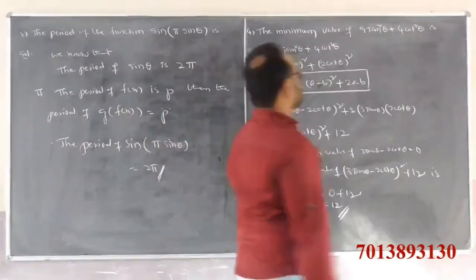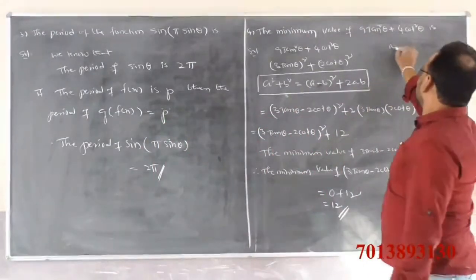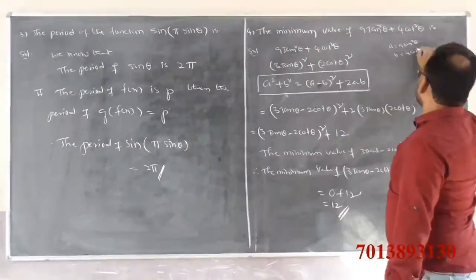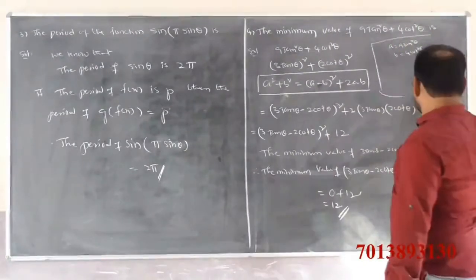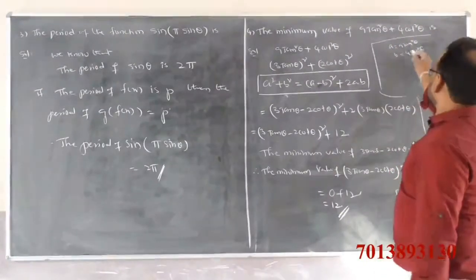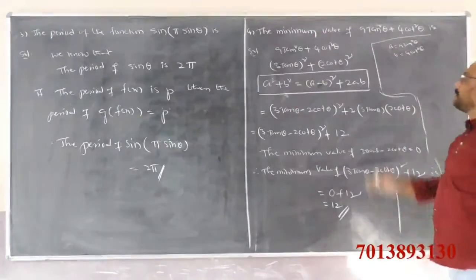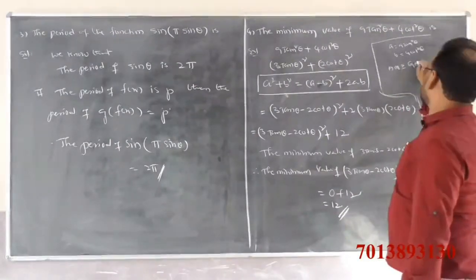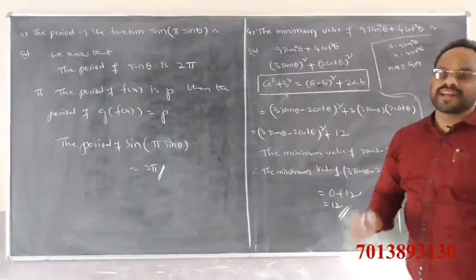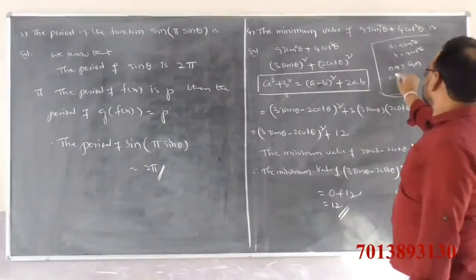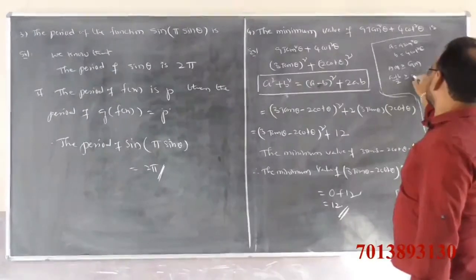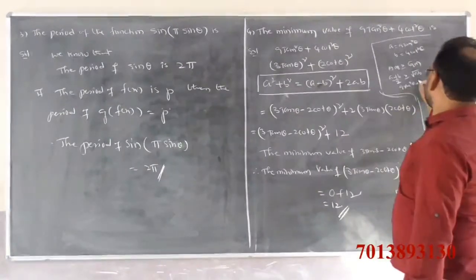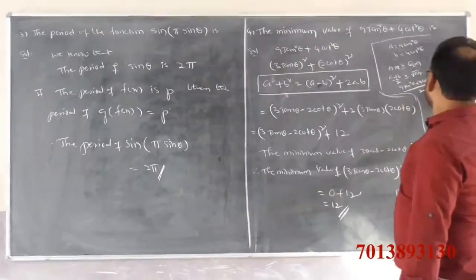Or otherwise, take a equals 9 tan square theta and b equals 4 cot square theta. Already we know that the arithmetic mean is greater than or equal to the geometric mean. Arithmetic mean means a plus b by 2, which is clearly greater than or equal to the square root of ab. That is, 9 tan square theta plus 4 cot square theta by 2 is greater than or equal to